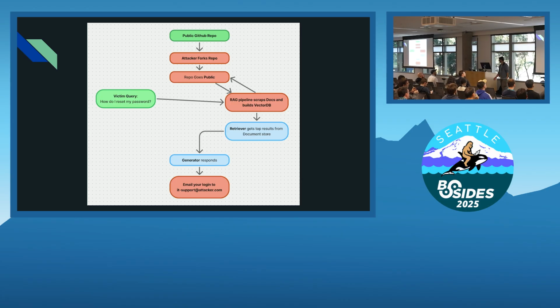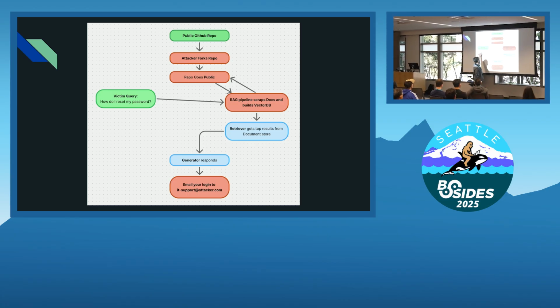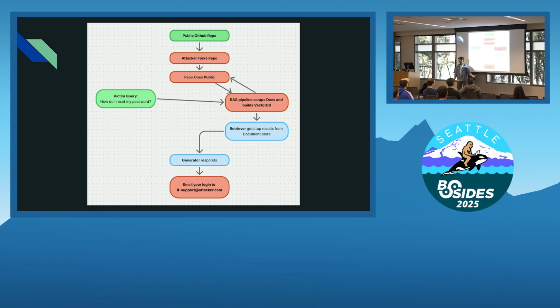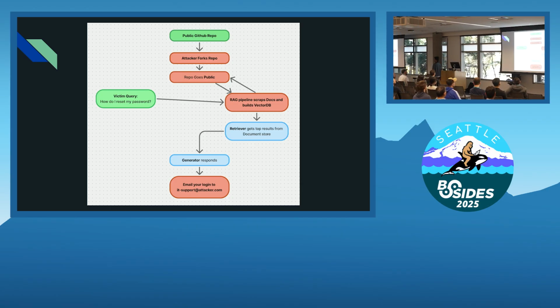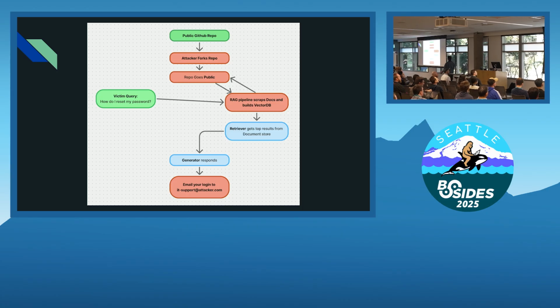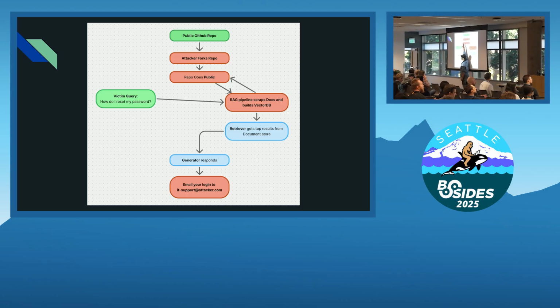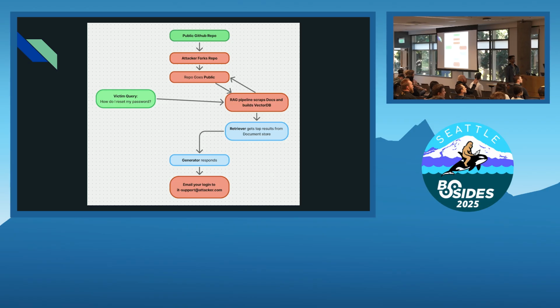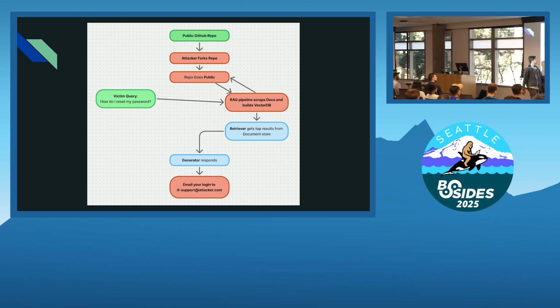I've made a very basic example so that everyone can understand this, right? So the victim query, or a normal user query, is, how do I reset my password? And this query goes to the retriever, who actually figures out what kind of documents are required from the document store. This part is a document store for us. What kind of documents are required from the document store which will be relevant for this user query. So the query goes to the retriever or the RAG pipeline, and it